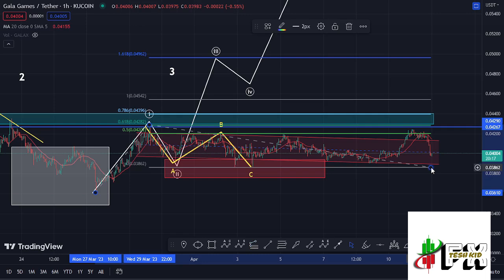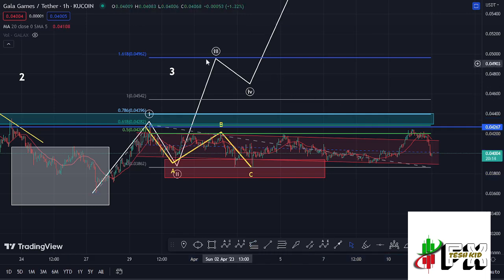That now gives me a target area in the formation of that wave 3 at the fib level 1.618, and that is at around the $0.04962 mark. And that is the minimum that I'm expecting Gala Games to do here on the short-term scenarios. And for that move to also play out, there are key moves that we need to see here on the